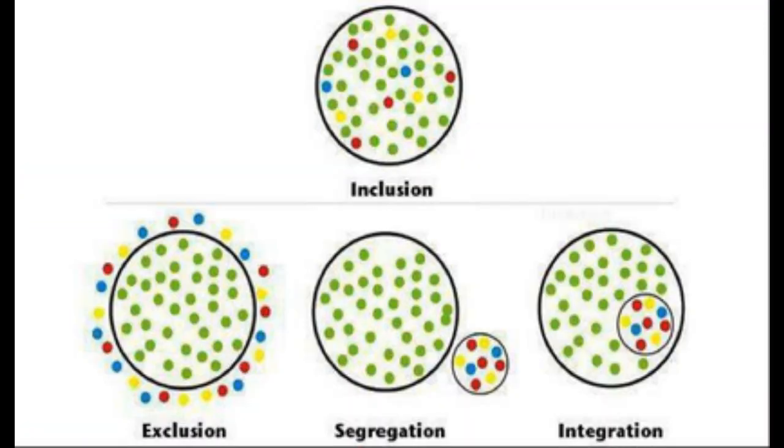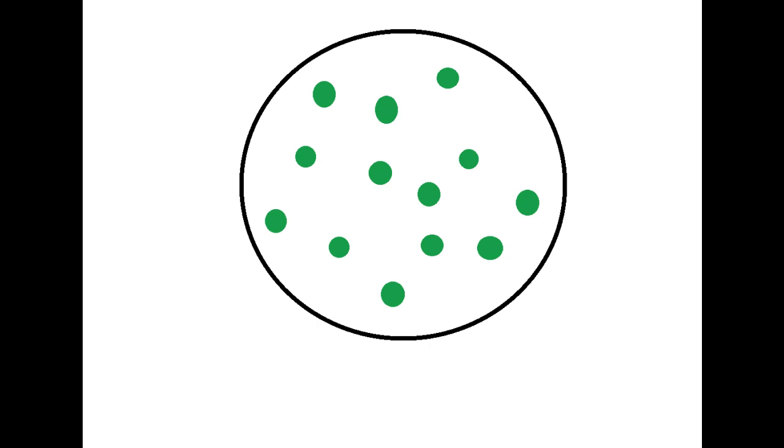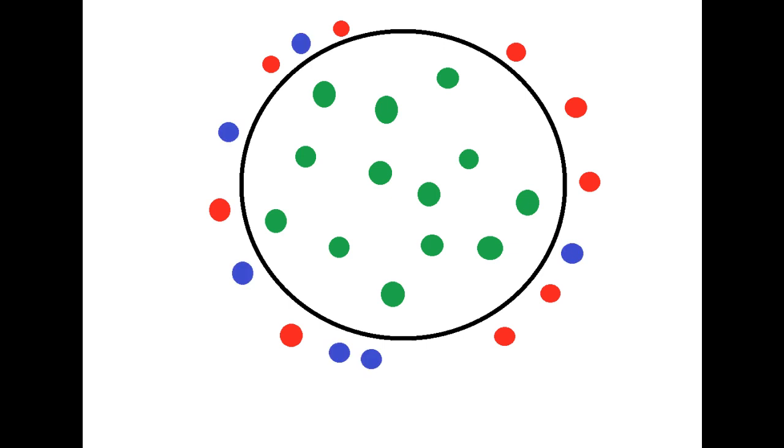Imagine, if you will, an institution or society that's recognized as this big black circle. Those who are included in the circle are homogeneous, all one type, these green dots. Those who are other are excluded from the institution. In the past, many groups of people were excluded from our Western education system. They were not allowed, or it was socially inconceivable for them to move into that system.